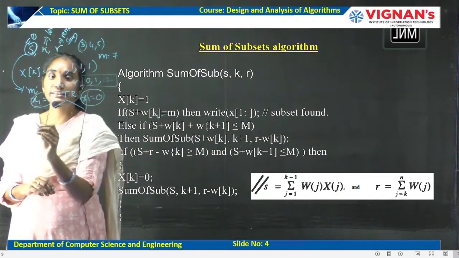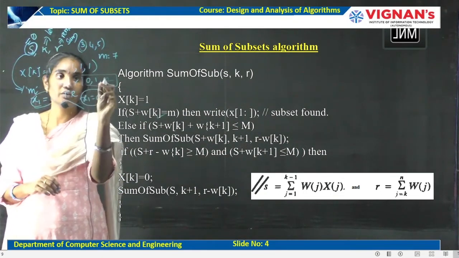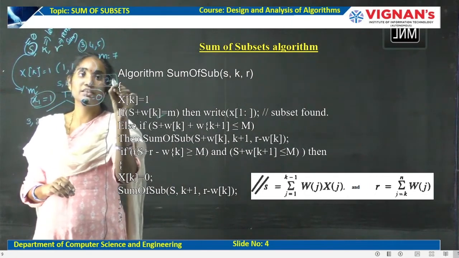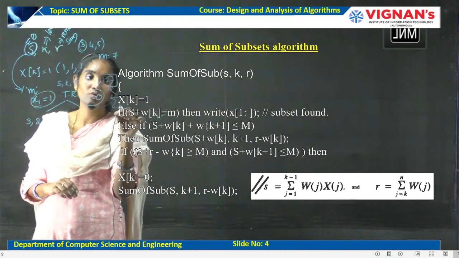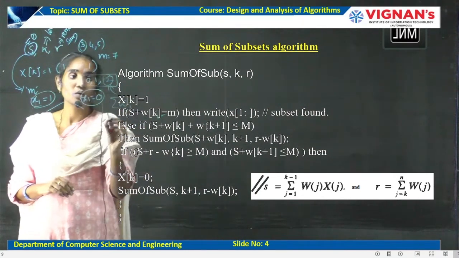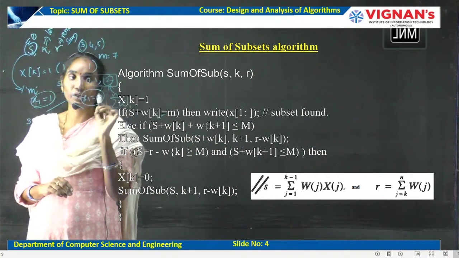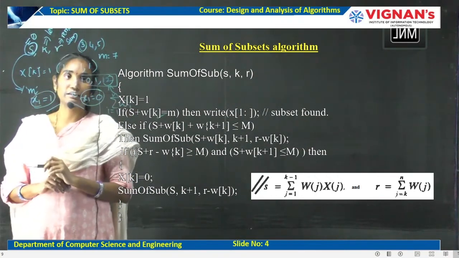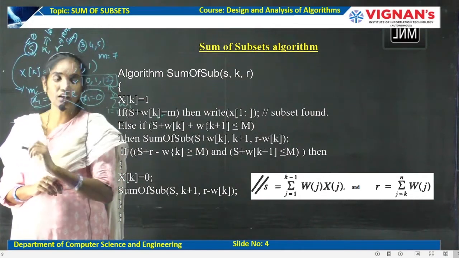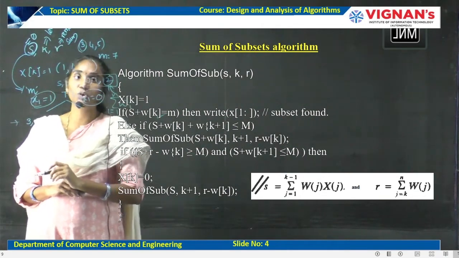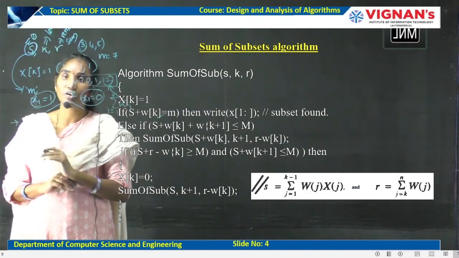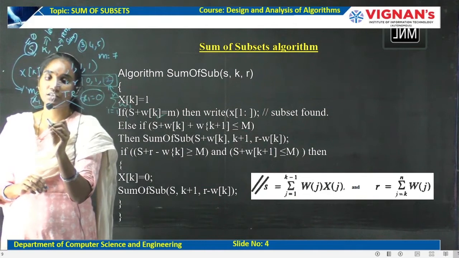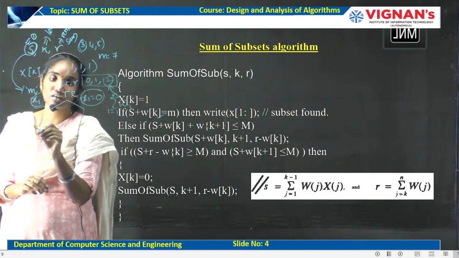So 0 plus 3, so 3, and we have entered into the second level. So 2, and initially r is the sum of all the weights, where i starts from 1 to n. Now, as we have taken this item and we are in this level, r will be changed to 12 minus the corresponding weight, which is 12 minus 3. 12 minus 3 is 9. So this is our next node.